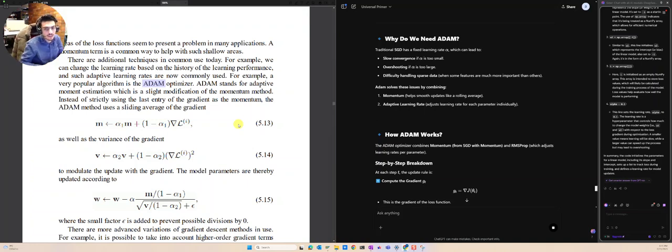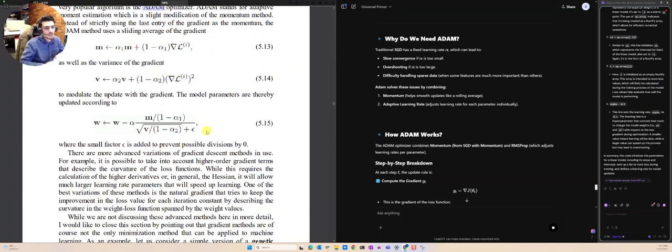The parameters are thereby updated according to these equations, where a small factor is added to prevent possible division by zero. There are more advanced variations of the gradient descent method in use. For example, it is possible to